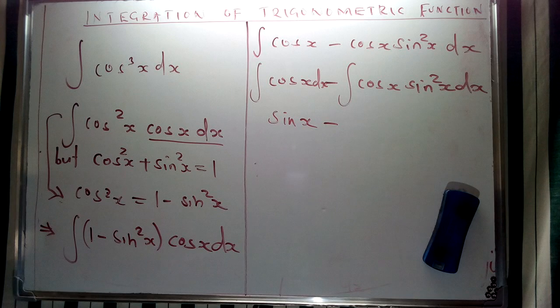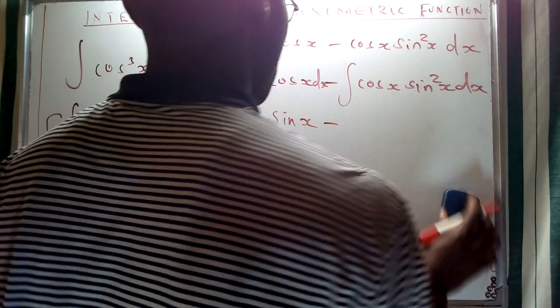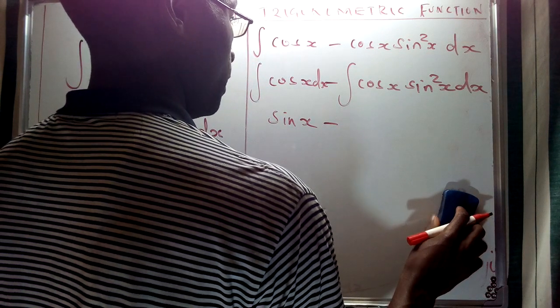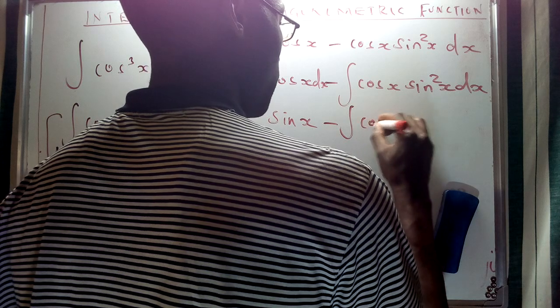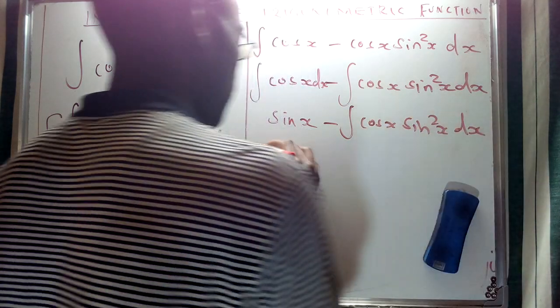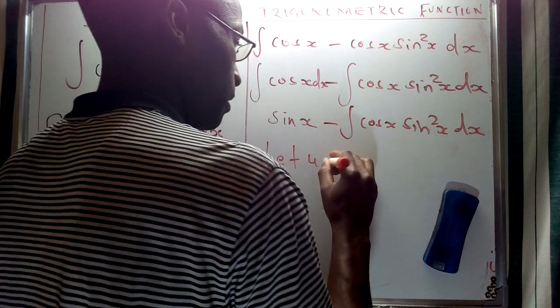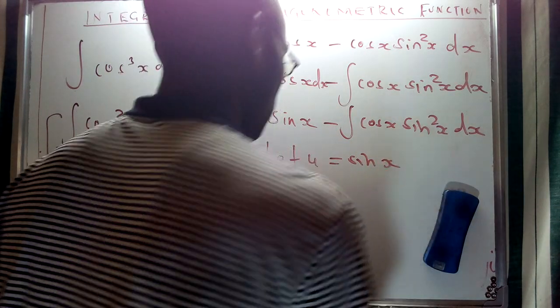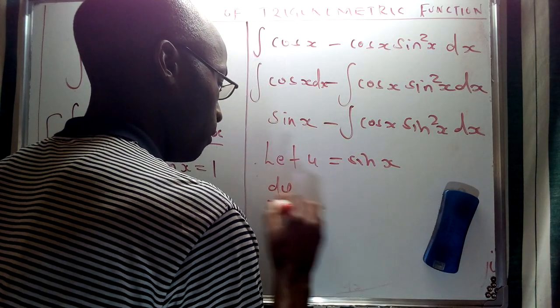So for the second case, we're going to let the sine of x be represented by a specific letter. So this is going to be the integral of the square of the sine of x dx, and we say let u represent the sine of x, so therefore the derivative du over dx